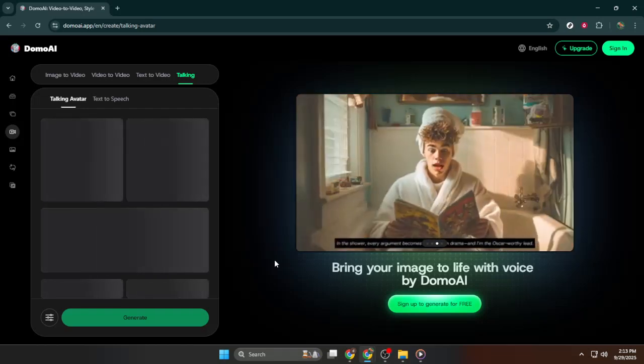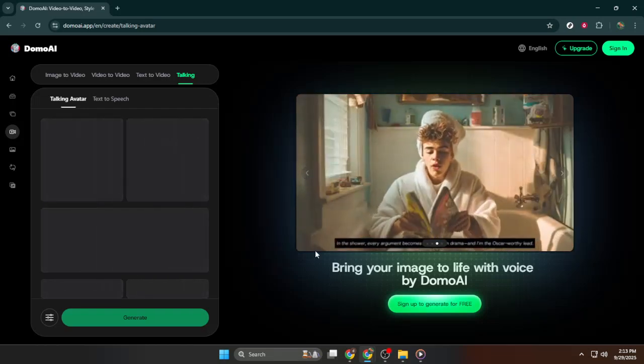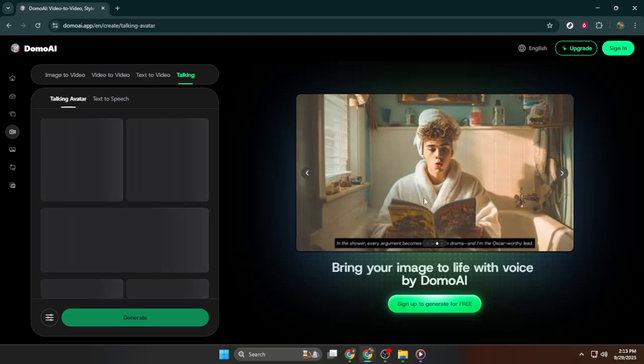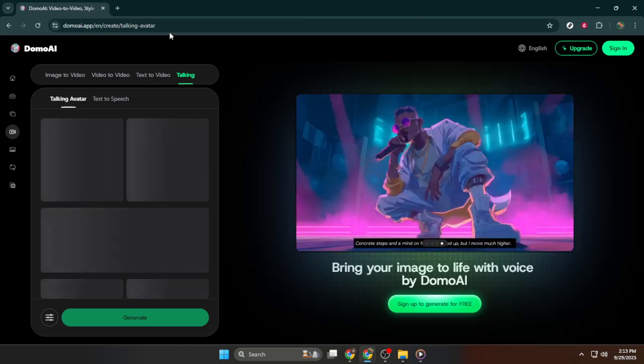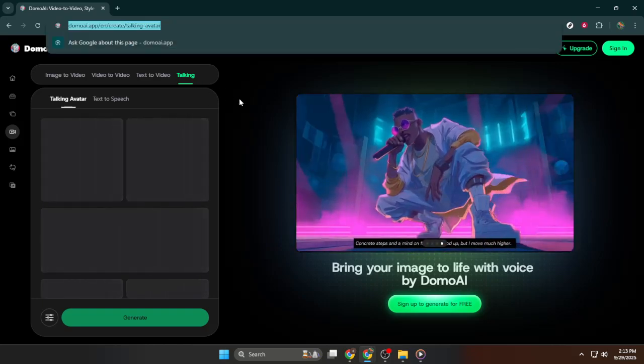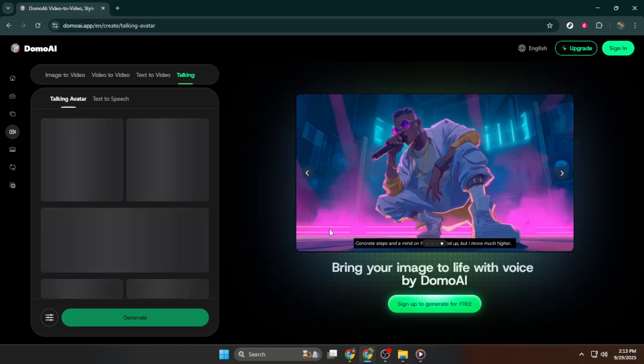In today's video, I'm going to teach you how to change the language setting in Domo AI. This process is straightforward, and by following these steps, you can easily switch from one language to another within the platform. Let's get started. First, navigate to Domo AI's Video to Video, Style Transfer, AI Video tool by opening your